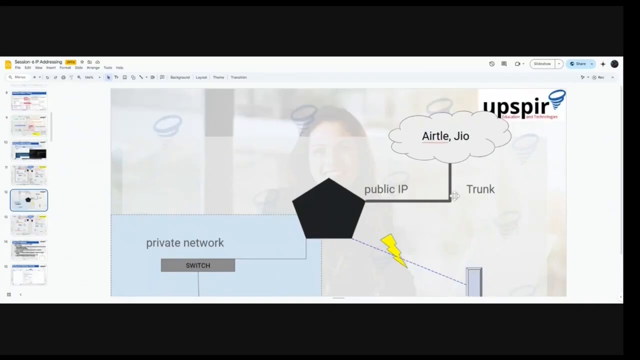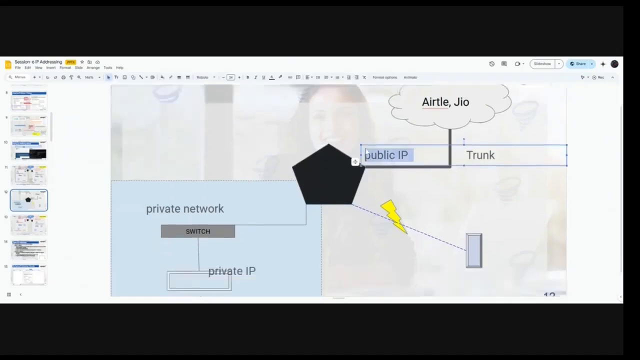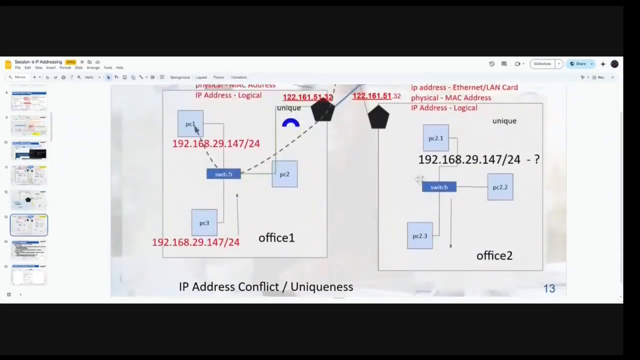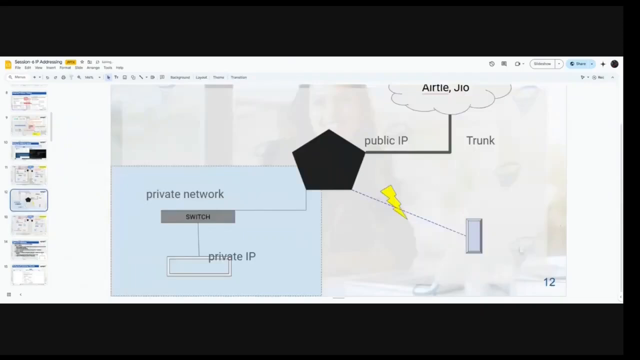Today, you can call it a fiber optic cable that is coming to your Wi-Fi router at your home. There's a public IP over there, and from any other device, I can reach this IP address also. But when you talk about your private network, it is your private IP. No one from outside can reach your private IP directly unless you have